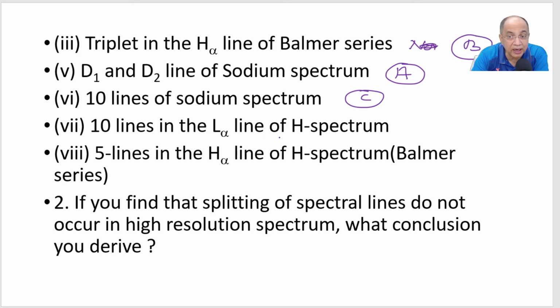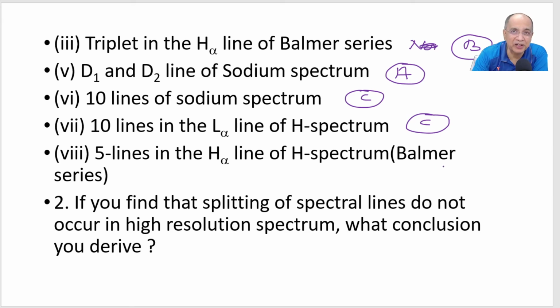10 lines in the L alpha line hydrogen spectrum. You know, 10 lines means it has to be a magnetic field. So many lines cannot come without magnetic field, right? Then in that case, we have anomalous Zeeman, because only LS coupling of the L alpha line will give you only doublet. And the same way as sodium spectrum gave 10 lines in the anomalous Zeeman effect, same thing will happen. This is again C. And 5 lines in the H alpha line in the Balmer series, that is nothing but